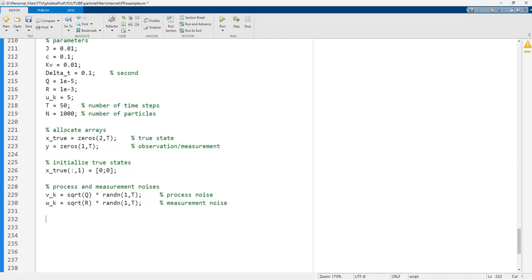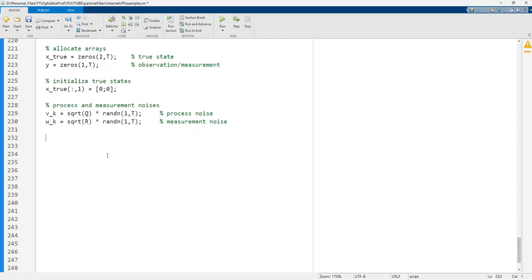So first of all we need to generate the true state and observation